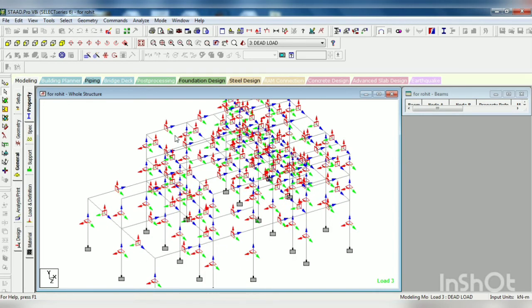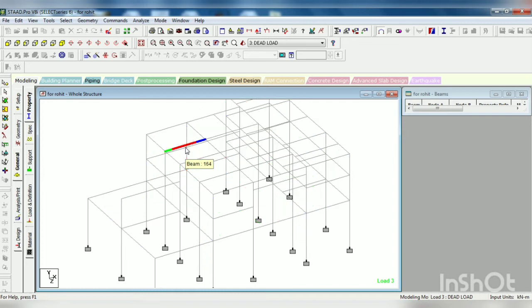I have made one video recently on why there is movement in MZ direction all the time. You can click on the I button or check the description box. You will understand why there is always movement in MZ direction even though the beam is parallel to the Z direction. So you can watch that video and you will get the point. So Shift O is for the orientation, the beam orientation.